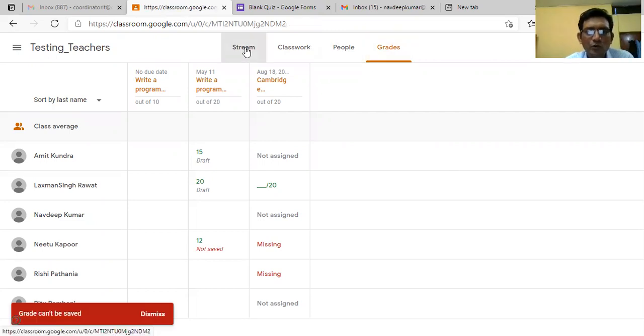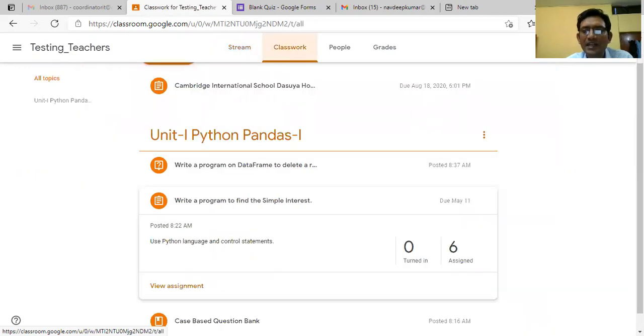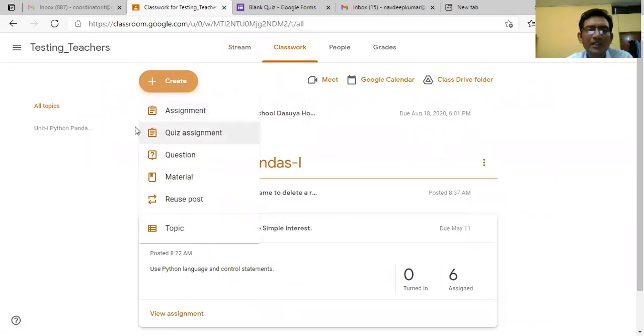So we have discussed the basics of all the tabs. The stream is there for announcements. Here is the main tab for us, where we work on all the ways we can work with assignments, quizzes, questions and materials.